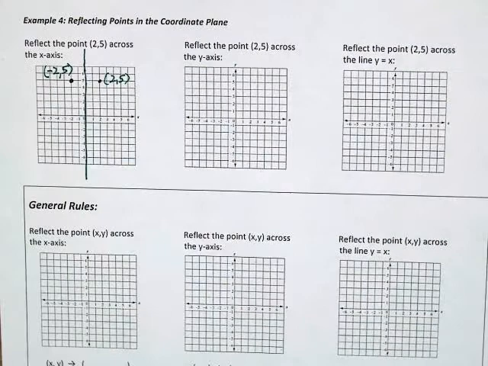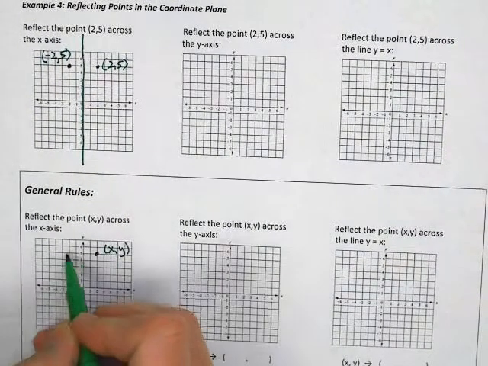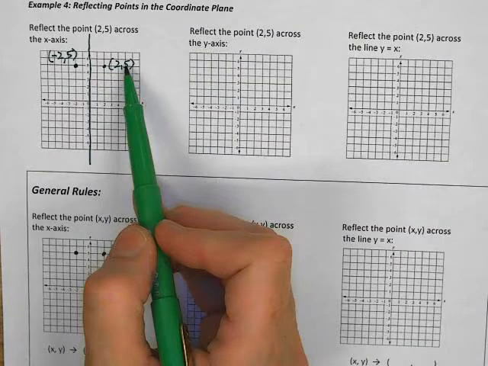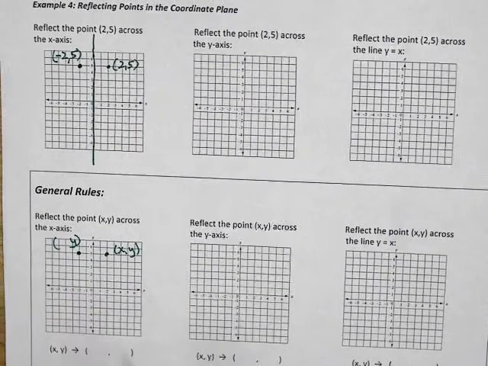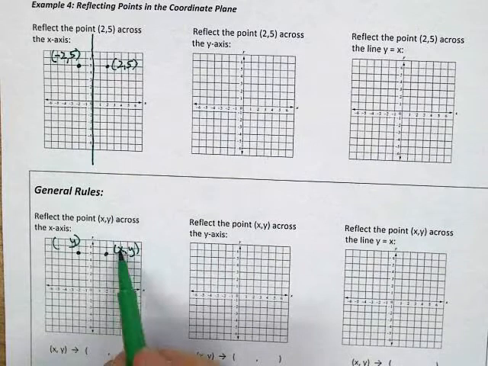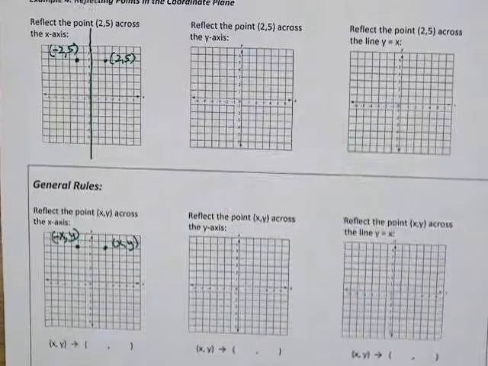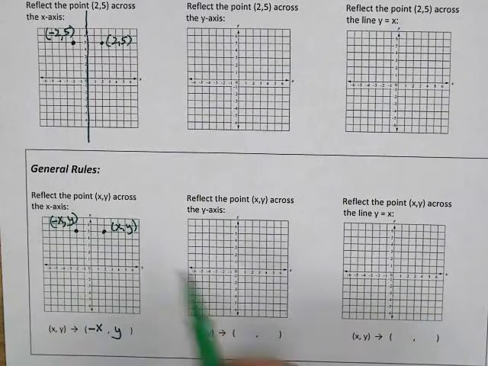So then I'd ask you, can you come up with a general rule? If I put that same point down here, if this is x, y, what would this point be called over here? What changed? The 5 didn't change, so this point would still have y as a coordinate, but the x went from 2 to -2. So x would go from x to -x. So my rule is xy becomes -xy if I reflect it over the,